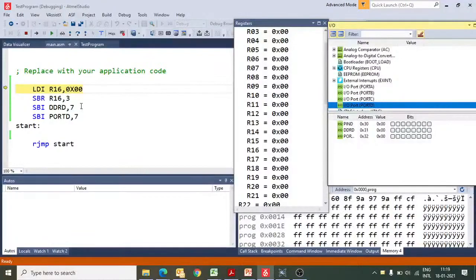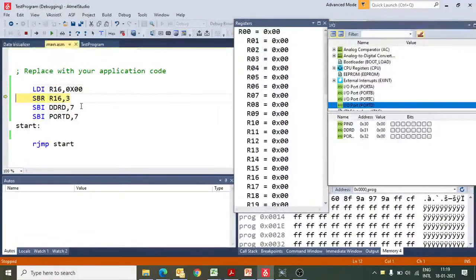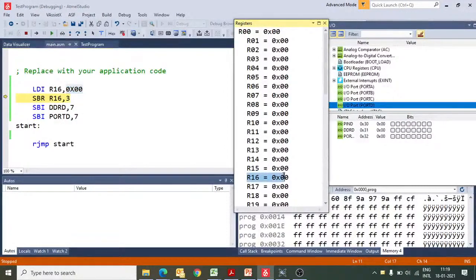So I will run this first instruction. What this first instruction will do is clear the R16 register. That means we are transferring 00 to R16, and we are ensuring that this 00 is already there. Now we execute the next instruction, SBR R16 comma 3.